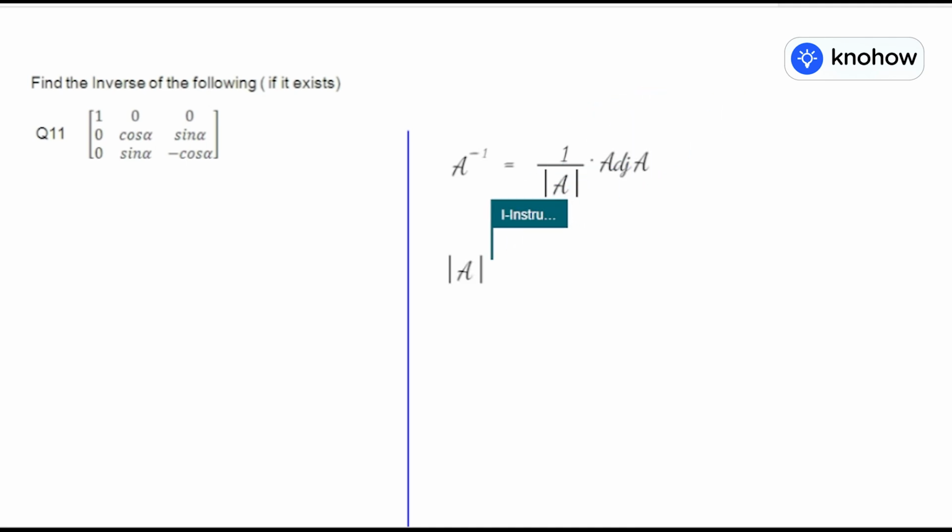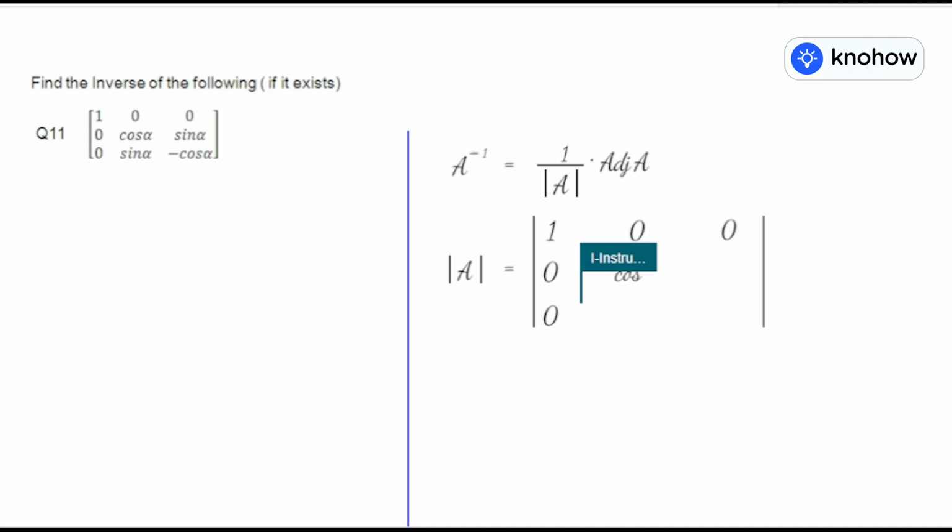That is, the determinant is 1, 0, 0, 0, 0 here in the first column also, and the rest of the elements are cos alpha, sin alpha, minus cos alpha. So there being 2 zeros in the first row as well as the first column, let us expand it along row 1. So you get 1 times